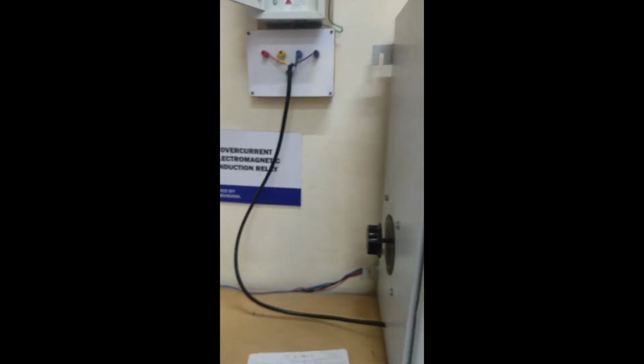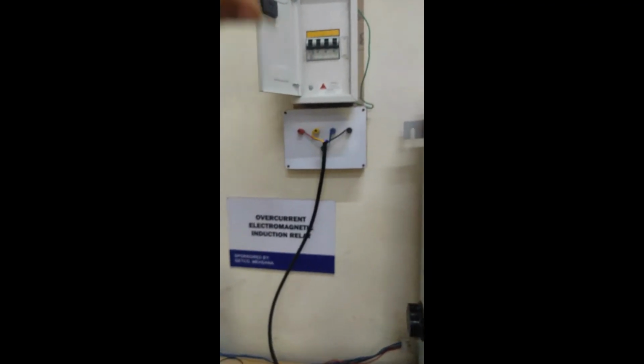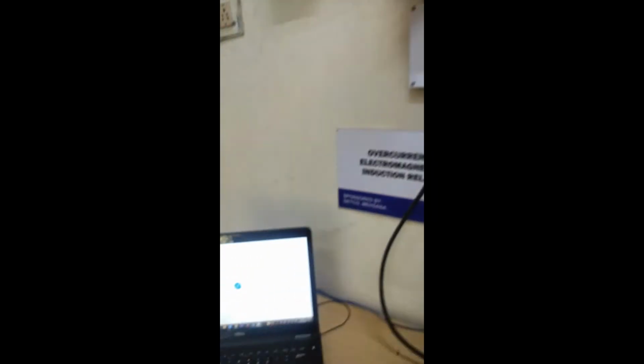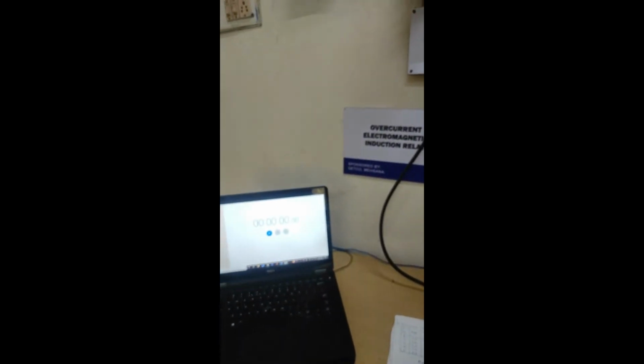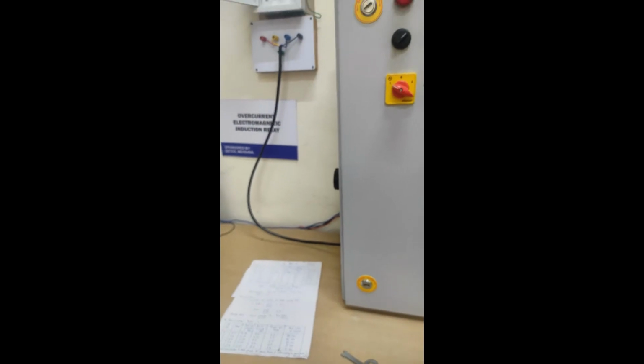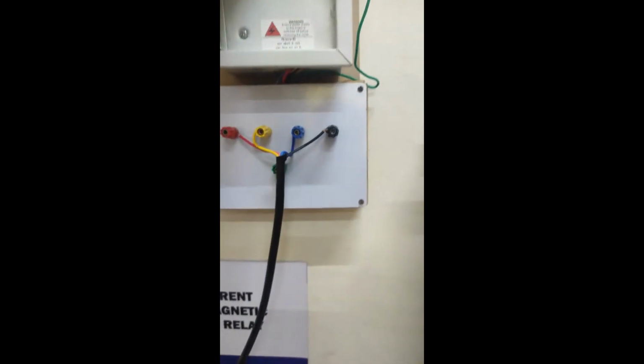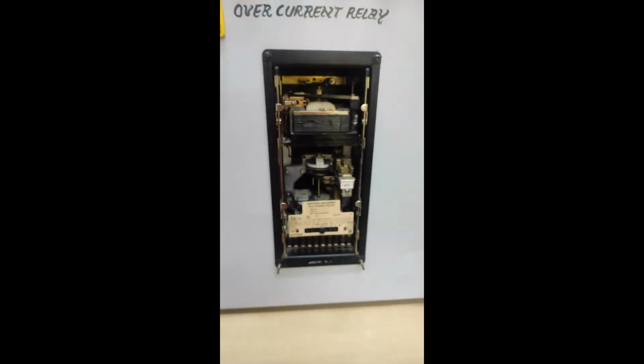Again, in a similar way I will operate this switch and the stopwatch simultaneously, so we can get the perfect trip time in seconds.